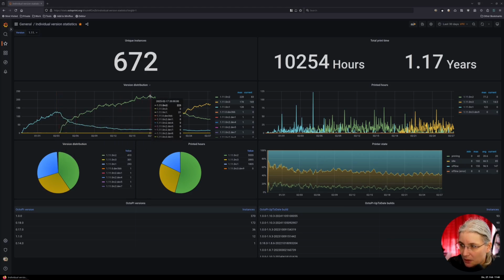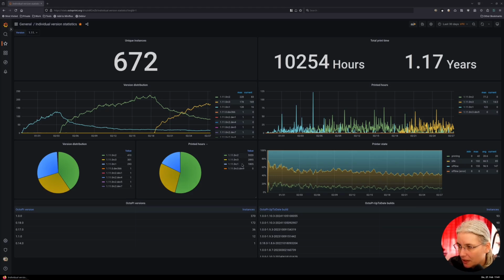Then we reached up to 223 concurrent at that time with the RC2, and then the RC3 is around 168-ish. Printing time has now reached over a year, which is good. Could also still be better, but 10,254 hours collective print time means that apparently that release is okay and working fine.